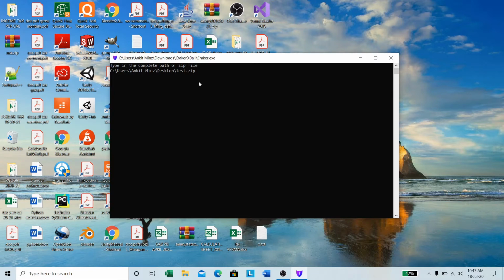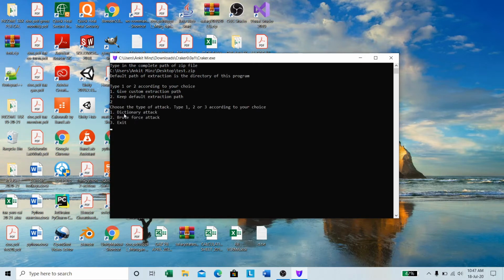Test.zip. Now let's keep it default. This time first dictionary attack. Now type in the path of the dictionary. It is same as our desktop, d.txt.